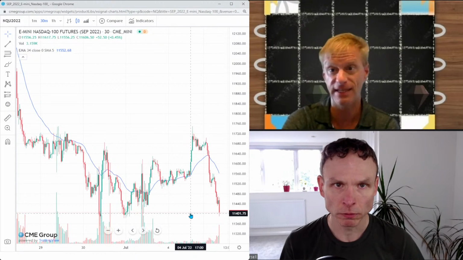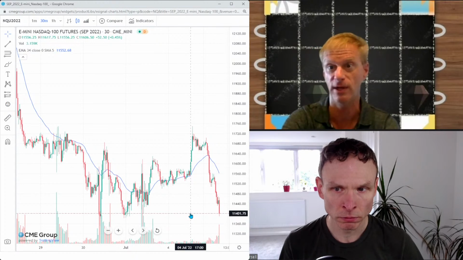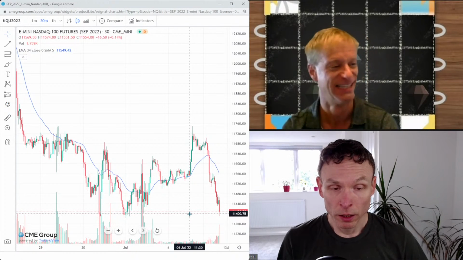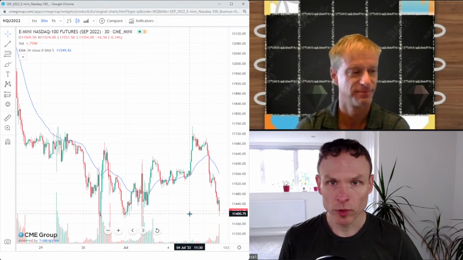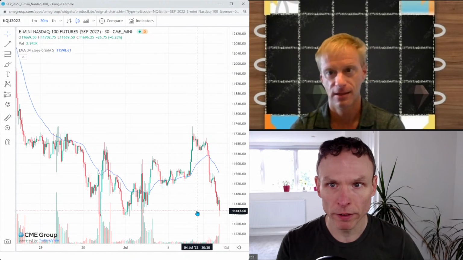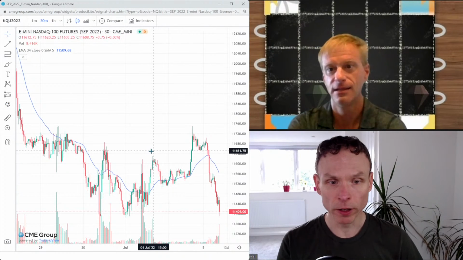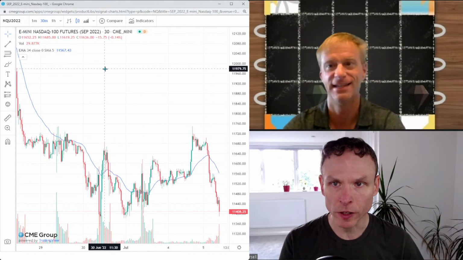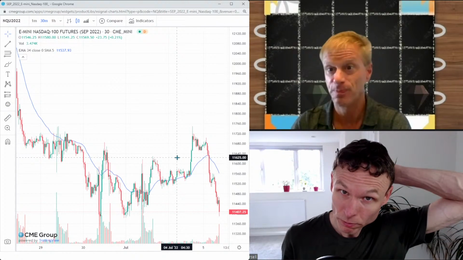So I like the time stop for these because after 15 bars, we sure don't want to be holding on with hoping. No, because the bottom really can, and we've seen that time and time again over the last couple of months, that the bottom can just fall out very, very quickly. We could be down 2 or 3% and no recovery. In fact, a feature of this bear market, we should call it,